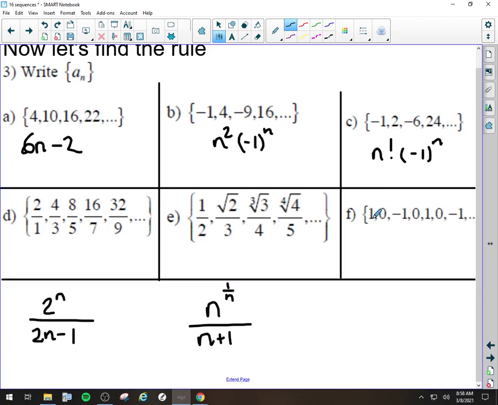And then this last one here. Oh, wait. If it was going 1, -1, 1, -1, 1, -1, then I could say it's -1 to the n or something like that. But it's 1, 0, -1, 0, 1, 0. And what if I said this was cosine? And then